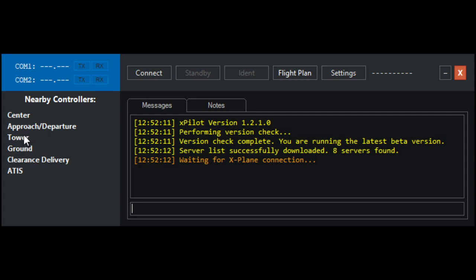Then, if you're under what we call VFR, visual flight rules, and you're below what tower owns and within 5 miles of that airport, then you would be talking to your tower controller. Then your ground controllers, which are the ones that have jurisdiction over all and any ground movement on the ground at